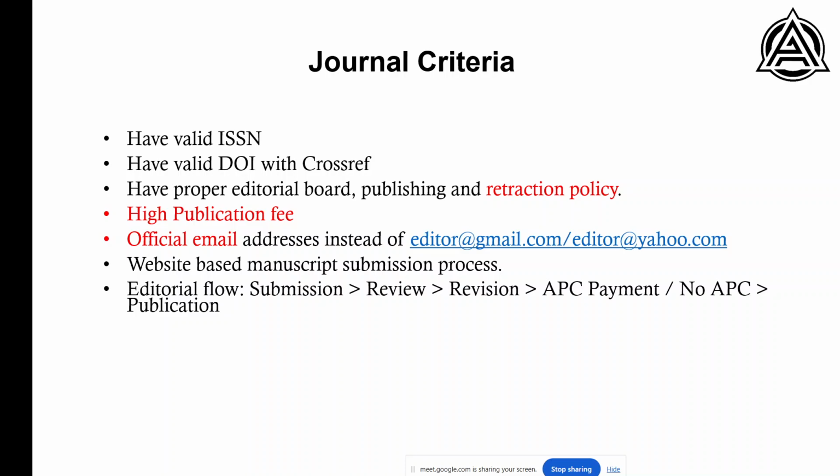So reputed journals hire multiple people for processing a single manuscript. For example, 2 to 4 people or up to 5 people are involved in handling a single manuscript. Once you submit your paper, one person will check plagiarism. One person will assign those papers to respective reviewers, two or more reviewers. Then they will review your paper. One person will send you the feedback. With respect to feedback or editorial comments, you need to modify or revise your manuscript. And one more person will be involved in post-acceptance. They'll be communicating with you and getting your copyright transfer